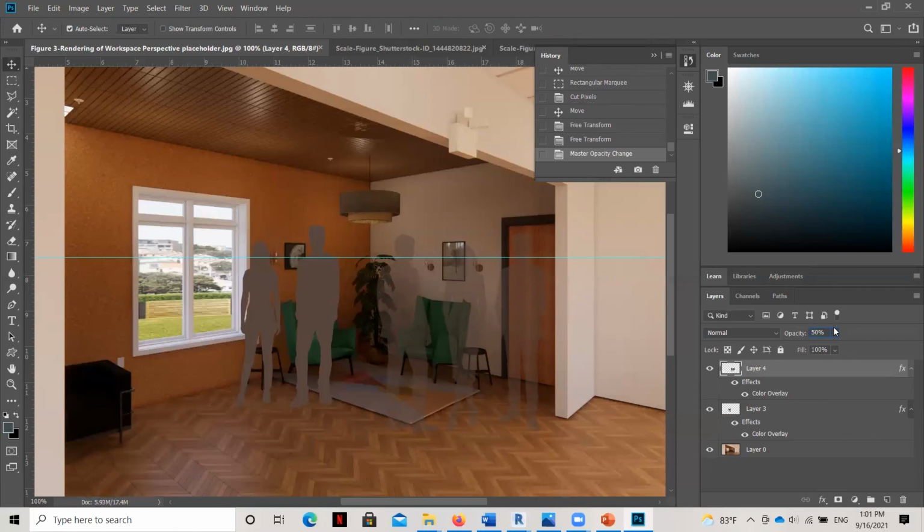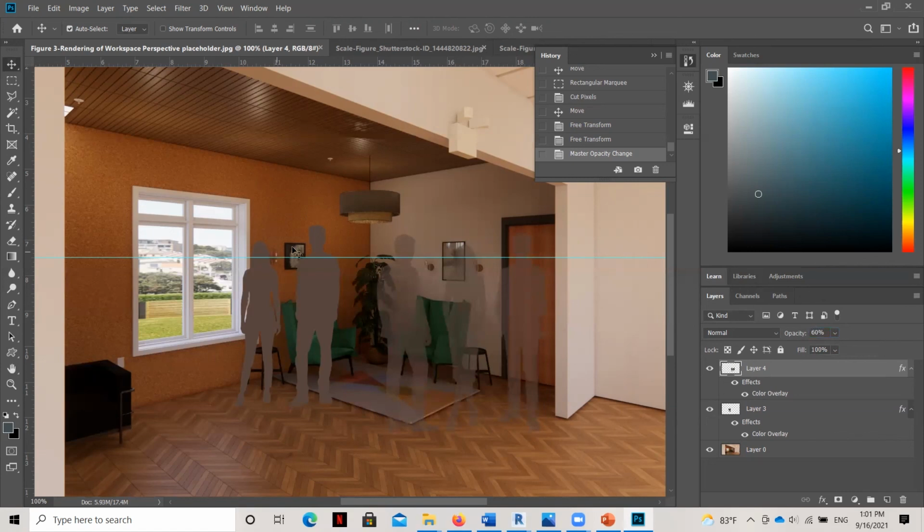And because they're gray, they're blending into the scene. So 60 looks good. Let's see how 70 looks. 70 is a little dark for me. I'm going to keep them down to 60, but you can see you can adjust it there, or you can also hit this drop down and adjust the size of them like that as well. Okay, so I'm going to keep mine at 60 here.